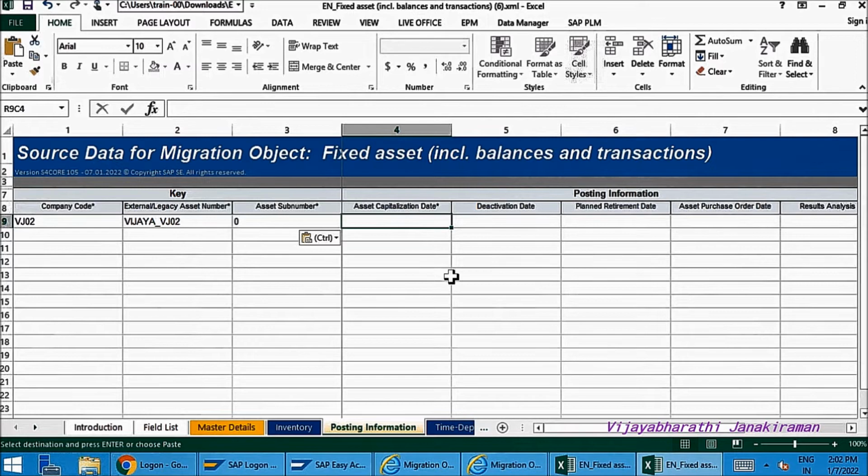And for the asset capitalization date, I am typing a date which is exactly 2 years in the past, because this is my legacy asset purchased and capitalized on that date in the legacy system, so I would want the same date to reflect in my S4HANA system.